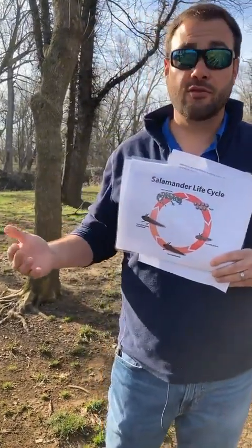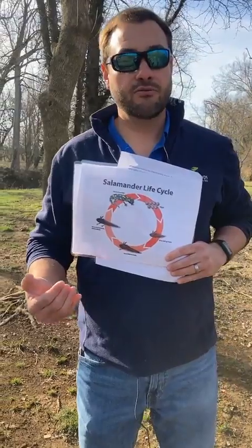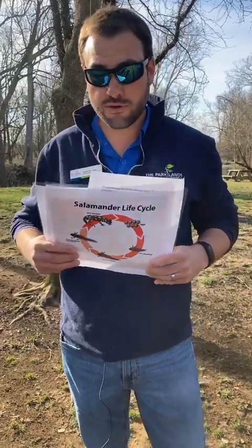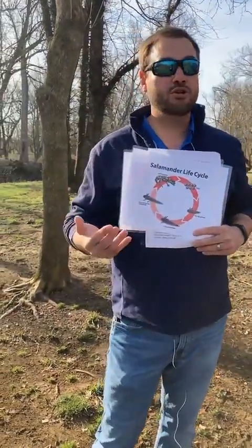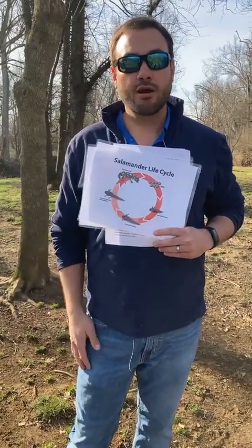So like we said, their skin is very sensitive. It needs to stay wet. If it gets dry, it can be very harmful for the salamander. So if you're walking all across land and it's nice and rainy, you're going to stay wet, you're going to stay safe. So as these salamanders are migrating, be sure that when you're out in the park to make sure that you're watching where you walk as you go through on